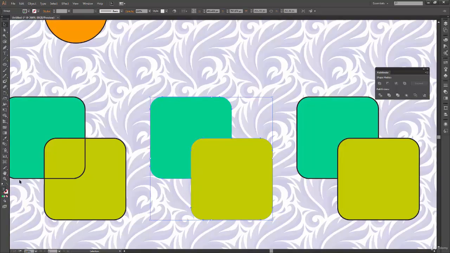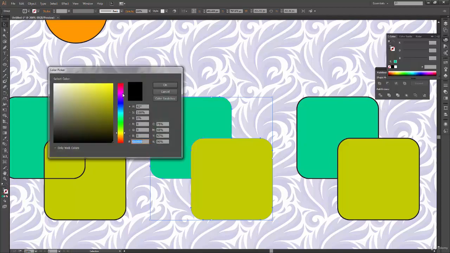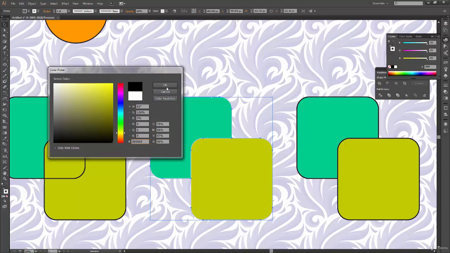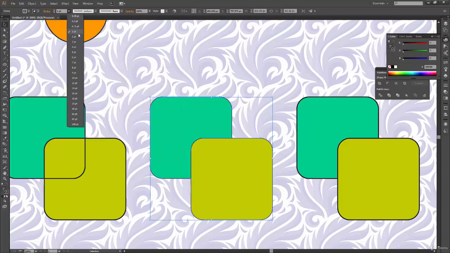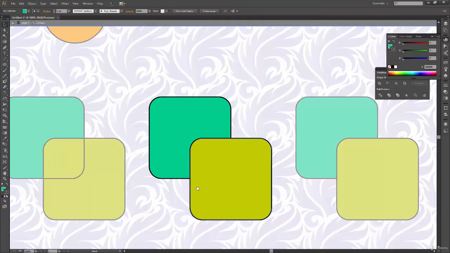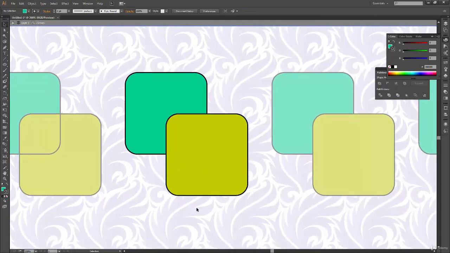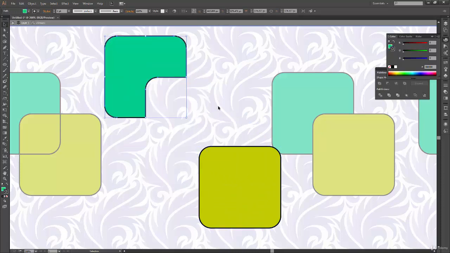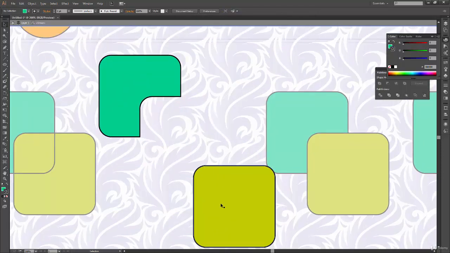So select these two shapes and let's fill some outline inside it. Let's have a black fill over here and make it 2 points. Okay, so let's go inside isolation mode over here and click and drag and click and drag. So you can see what it has done.